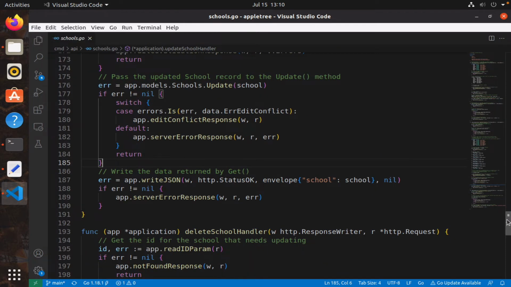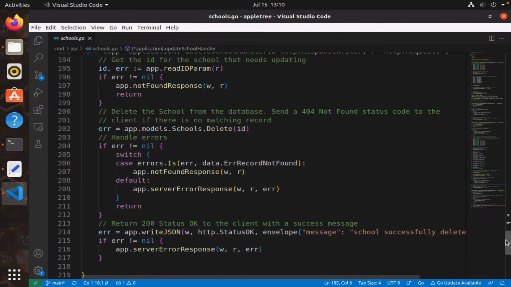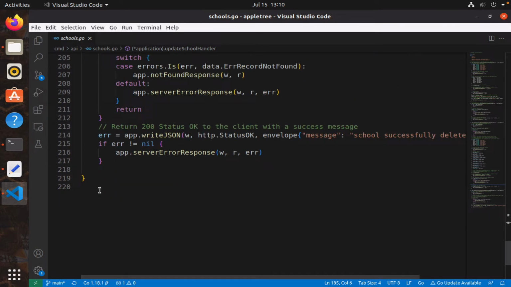Okay, and I'm going to come all the way down here, and I will create my list schools handler. So the list schools handler